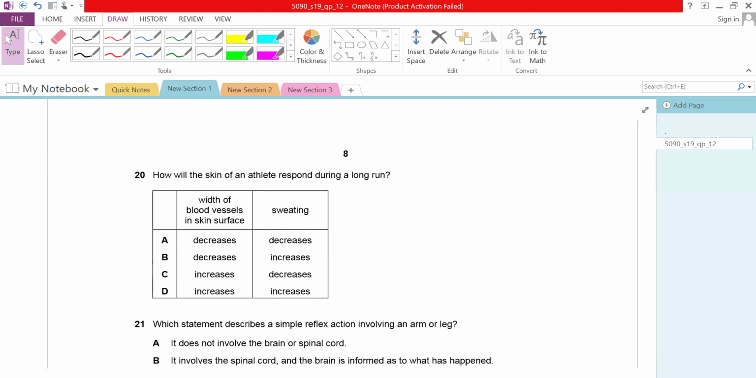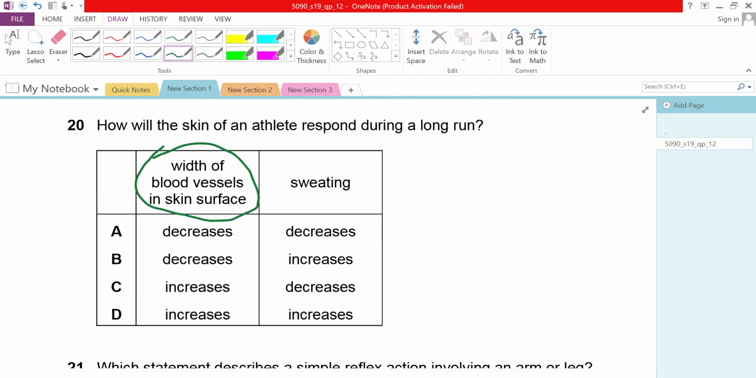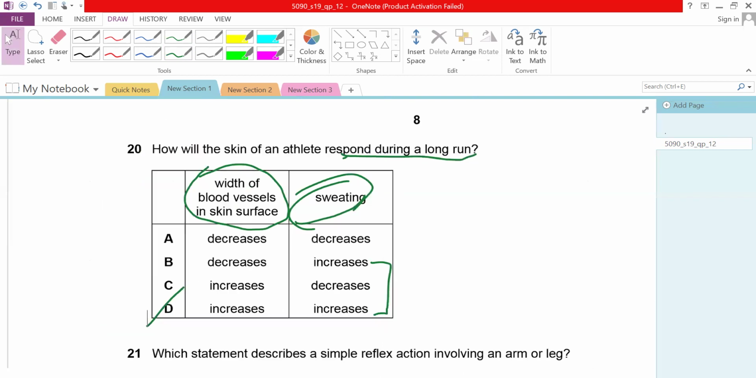Question number 20. How will the skin of an athlete respond during a long run? Two columns are given. Column number 1 says the width of the blood vessels in the skin surface, and column number 2, sweating. When the athlete is running and the run is long, the sweating increases. We have two options for sweating increase, B or D. And the width of the blood vessels in the skin surface increases. So option D is correct, as we all know that when the width of the blood vessels increases, more sweating occurs. So this was part 1 for the first 20